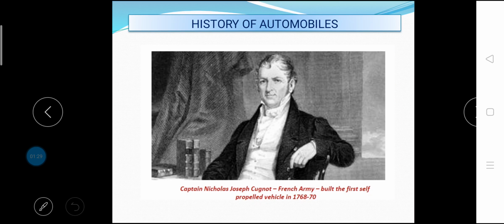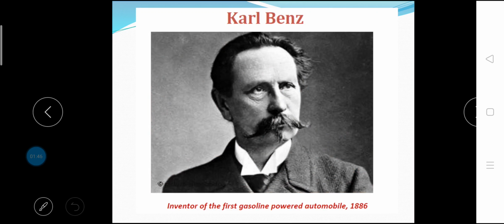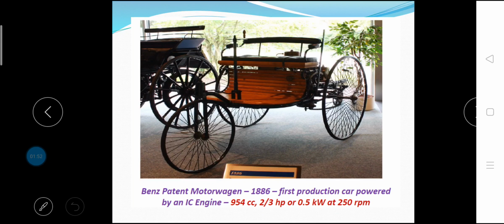Let's discuss the history of the automobile. Captain Nicolas Joseph Cugnot in the French army built the first self-propelled vehicle, the Cugnot steam trolley, that was steam engine powered, in the year 1768. Carl Benz was the inventor of the first gasoline powered automobile, the Benz Patent Motor Wagon, in the year 1886.